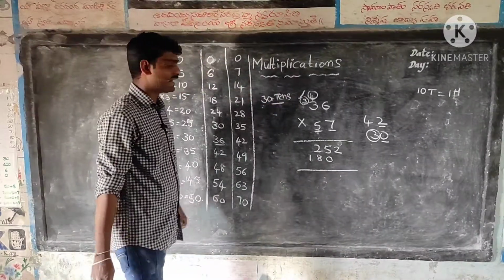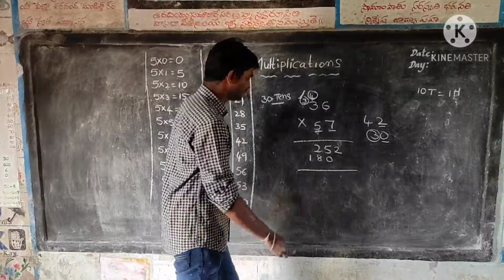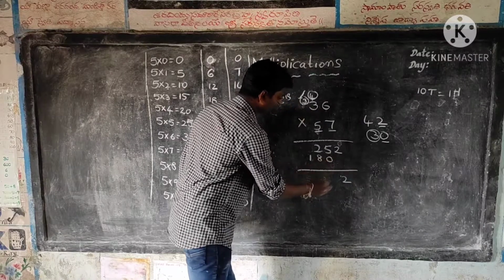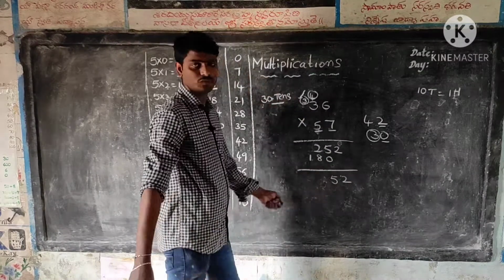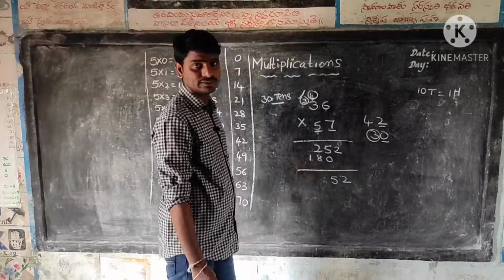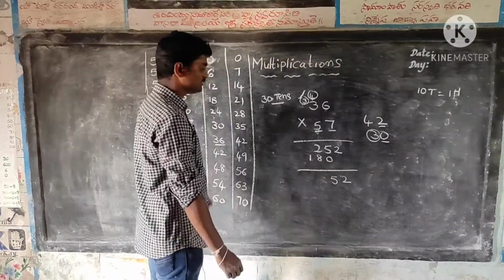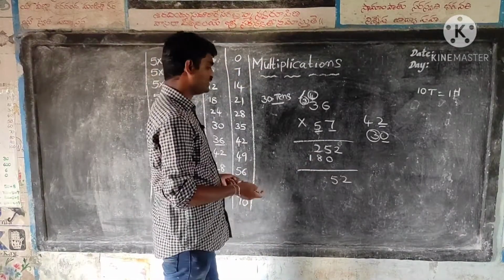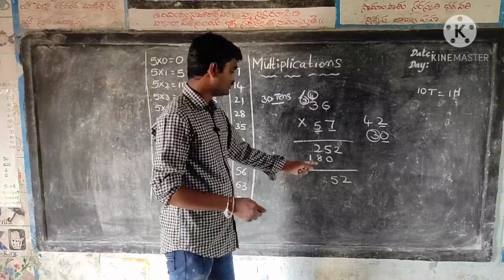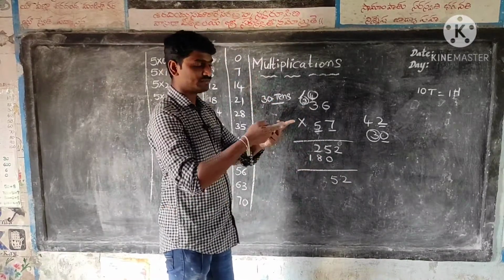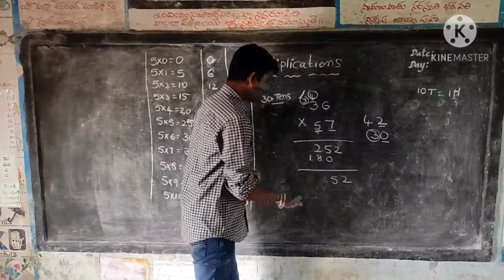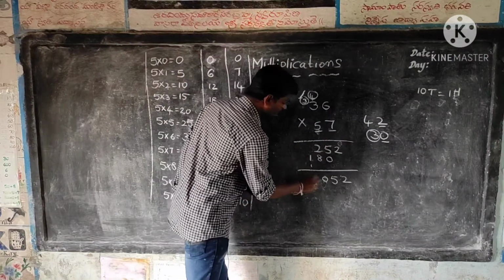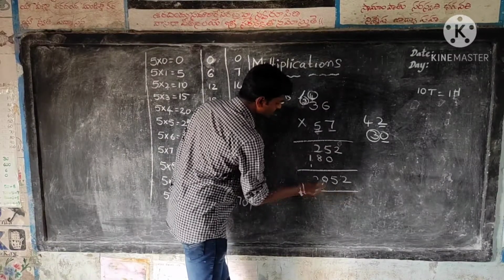Now we have to add both answers. 2 plus nothing, 2. 5 plus 0, always 5. You add something to 0, you get the same thing. 2 plus 8, or 8 plus 2, is 10. So we are taking 0 and 1 is the carry. 1 plus 1, 2. So our answer is